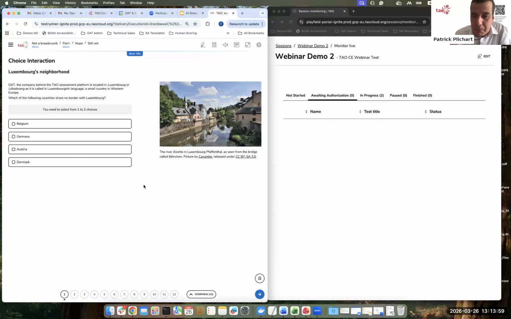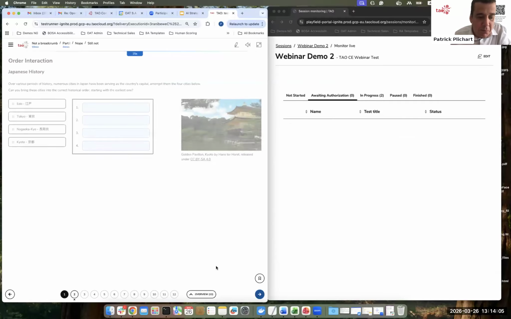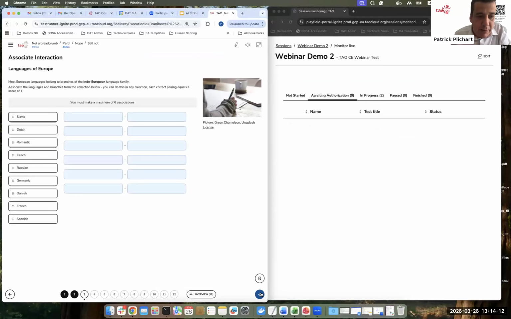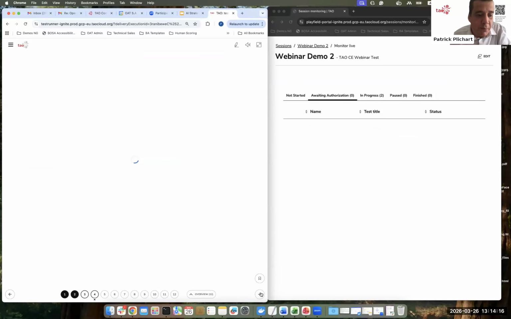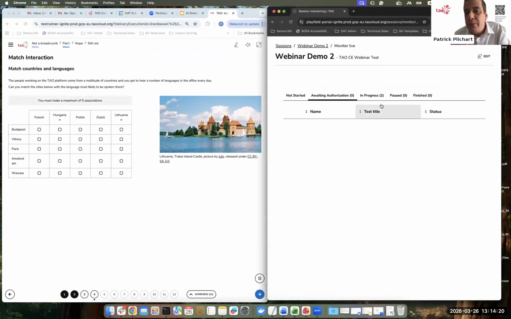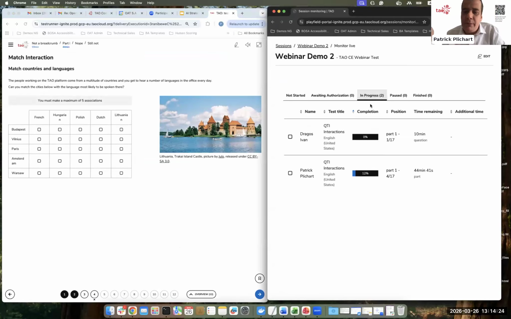All right, so typical test as usual. I'm going to respond to a few questions. Maybe the first one, second one, as a test taker. I'm taking my test normally, and just going to skip this item for now, and I'm moving to the 4th item. So now, as a proctor or a teacher in the room, and obviously you can be remote,